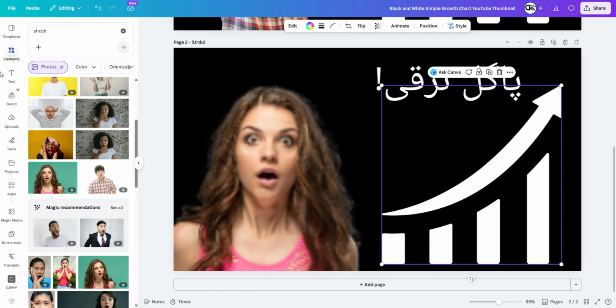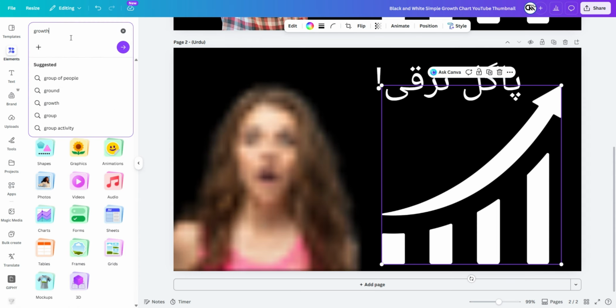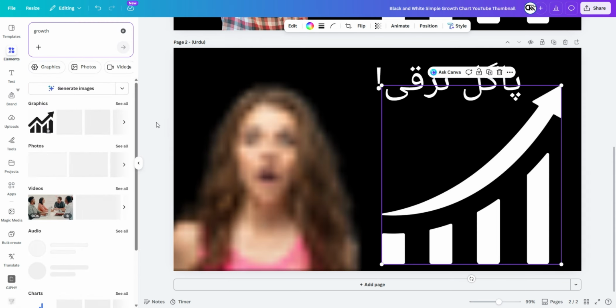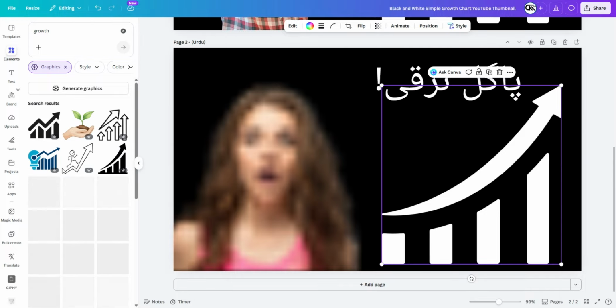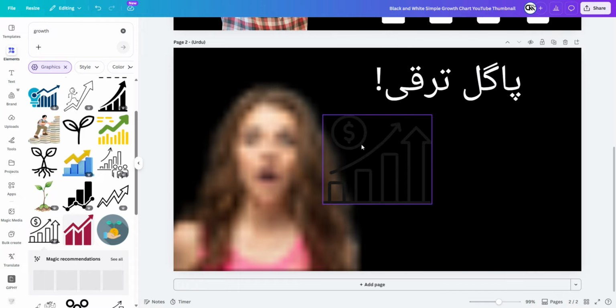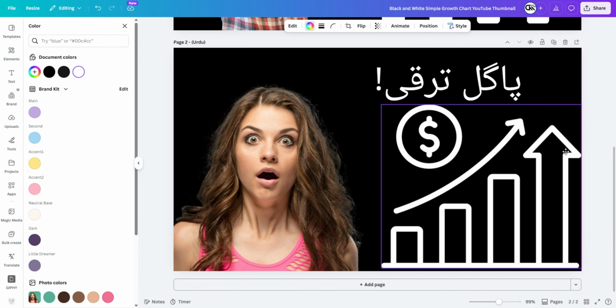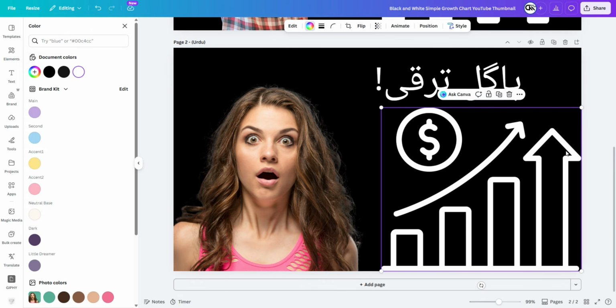Now, let's update the chart graphic. I'll search for growth in the Elements tab and look through the graphics for a new icon. I'll select this growth chart with a $ sign, delete the original white arrow, and position the new graphic in its place. To match the theme, I'll change the color of the new icon to white so it pops against the